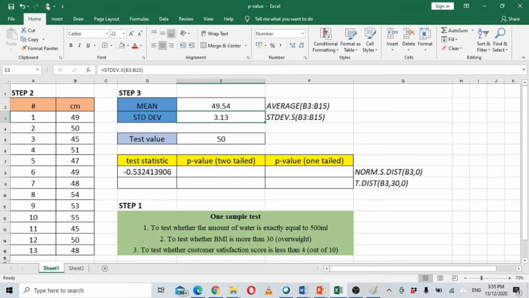Okay, let me explain how to compute the p-value using Microsoft Excel for a one sample test. So first of all, what is a one sample test? When we want to test whether the amount of water is exactly equal to 500, whether BMI is more than 30, whether customer satisfaction score is less than 4,